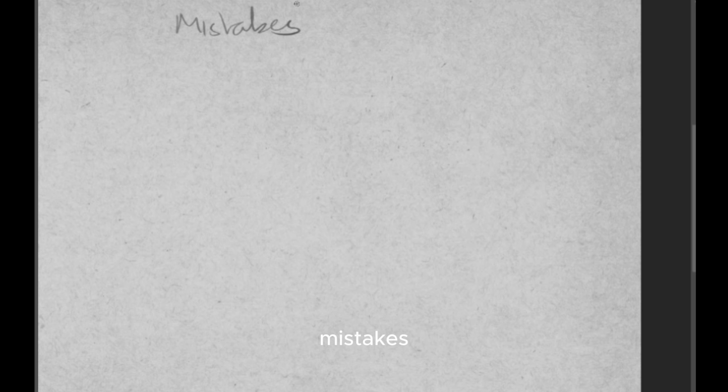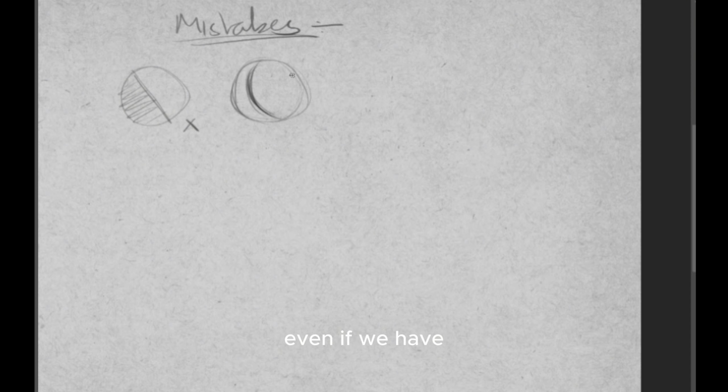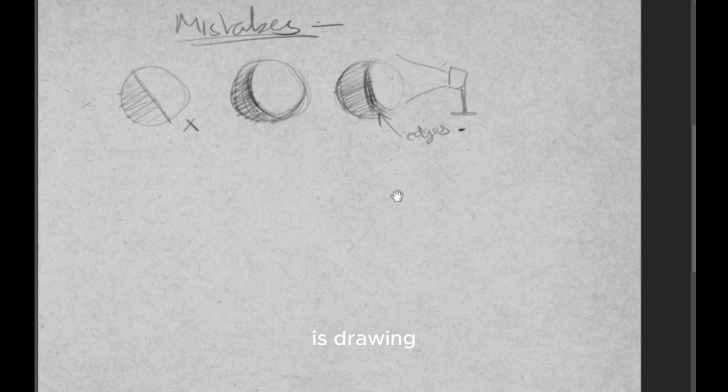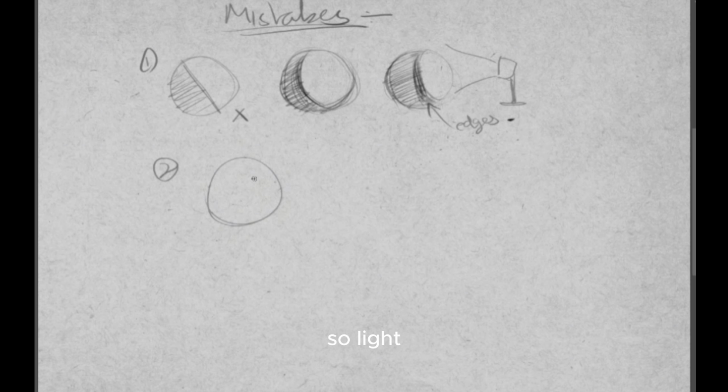Now we'll talk about the mistakes that beginners often make. First, applying a coarse shadow with a hard edge rather than a soft edge. Even if we have the light closer to the object, the edge quality will curve and vary according to the form's rigidity. The second very common mistake among beginners is drawing the whole shadow so light